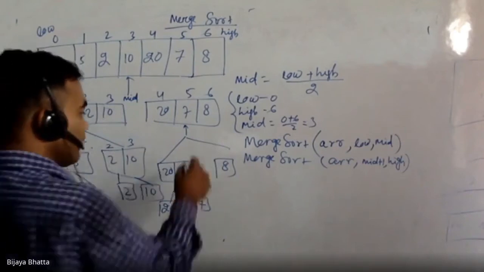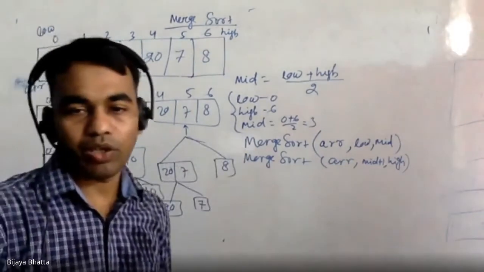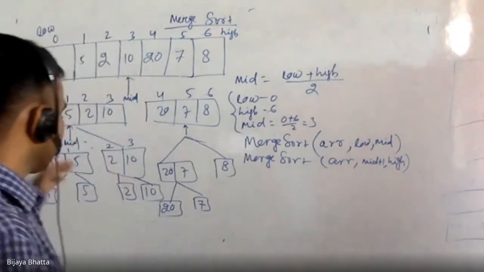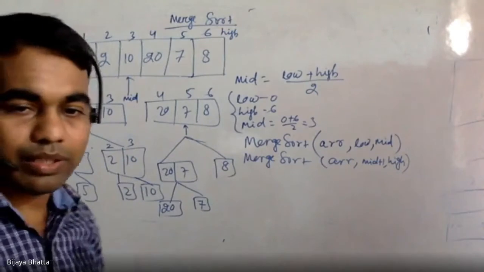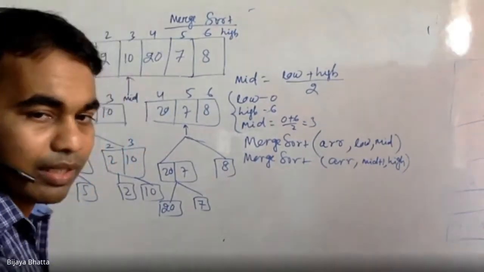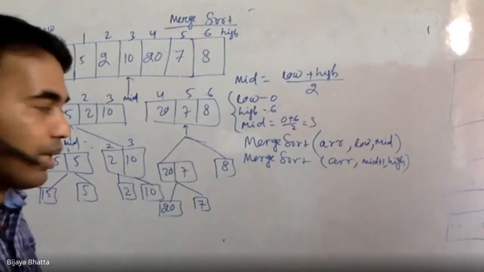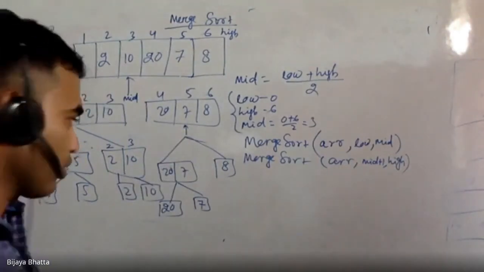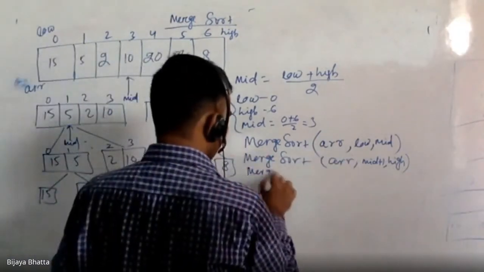Okay, so now my division has completed. Now the mid calls will keep on happening, and this division has completed. So now let's try to see how this works. Let me write down the recursive algorithm now. Let me completely write it down. After this, you will merge. Once the division is complete, you will merge it.